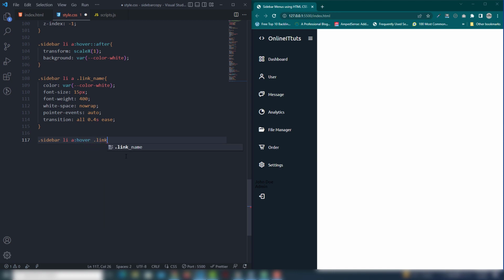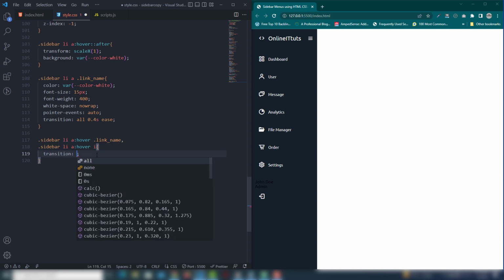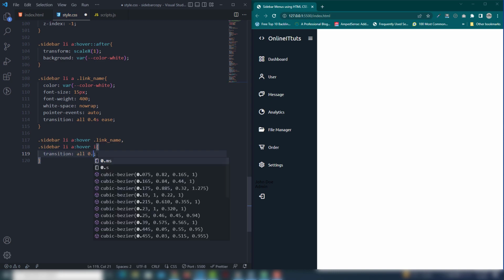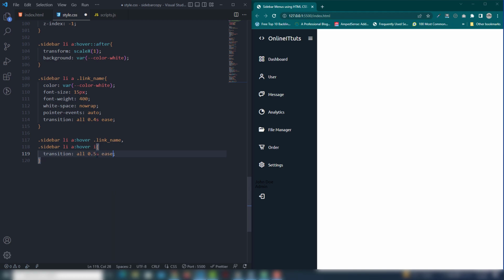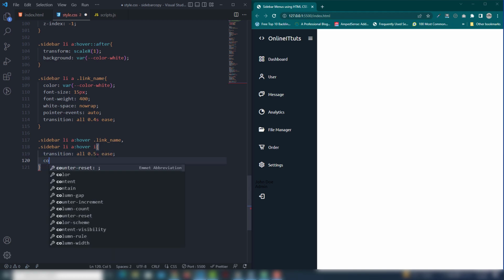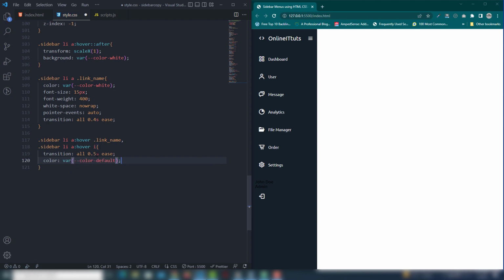Then select the link underscore name, comma, we need to select the sidebar li anchor link hover effect, I tag means link and also our icon. So the first thing you need to use transition all 0.5s ease, and then you need to use color will be var default color. So let's see, right, as you can see,